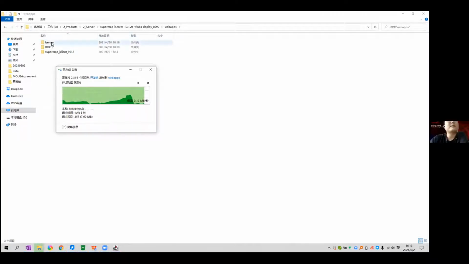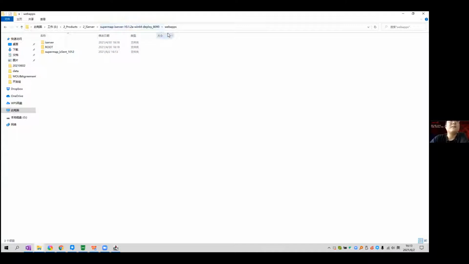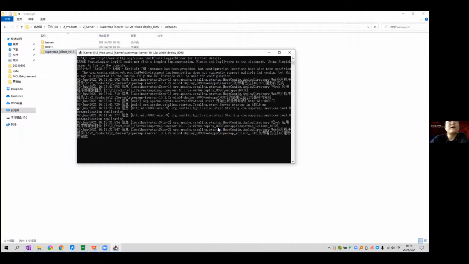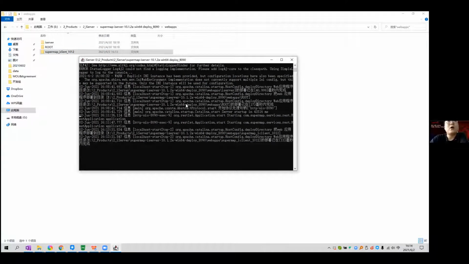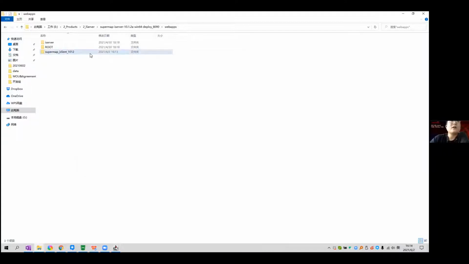And as I mentioned yesterday, iServer is also one of the applications deployed based on Tomcat. Now we already put this folder here, and if we go to the window of iServer, we can see from here the iServer web apps Supermap iClient 1012 has already been deployed in 30 ms. So from now, we can access the Supermap iClient through the IP plus port format